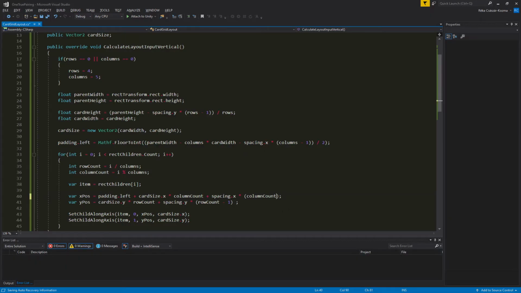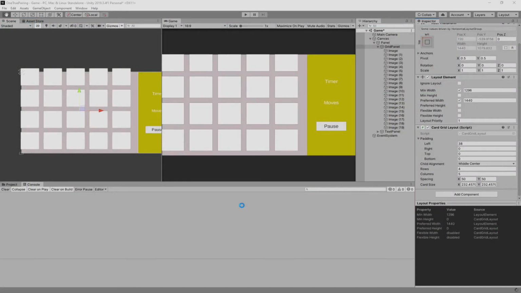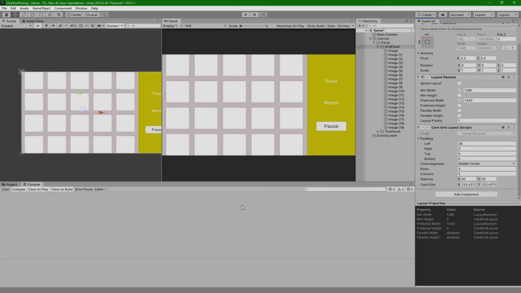Now we should use the row count and column count, and now it's okay, it's in the center. We have some spacing,